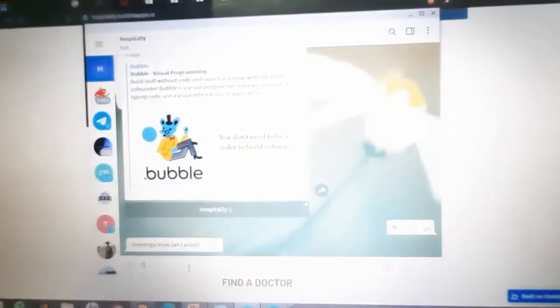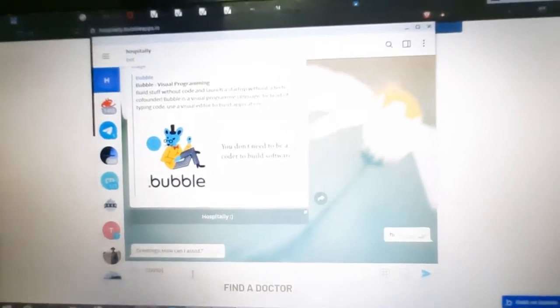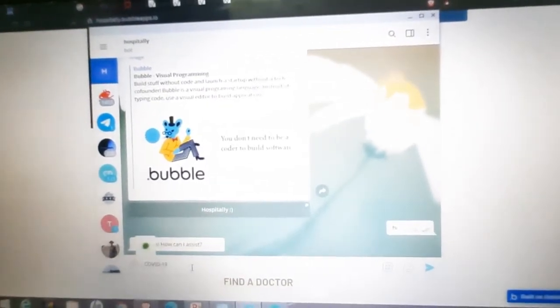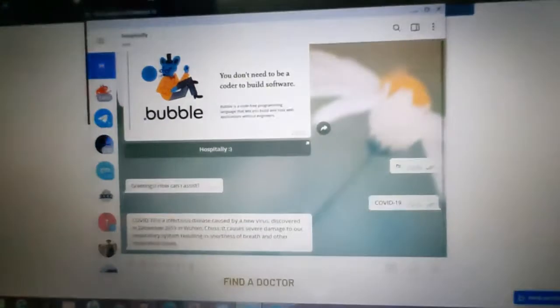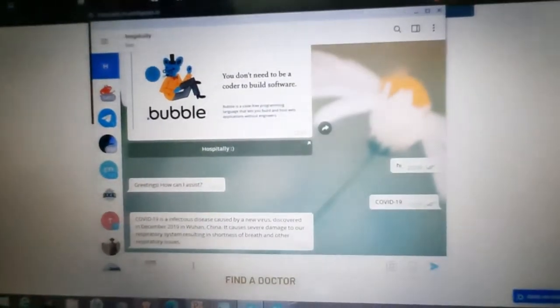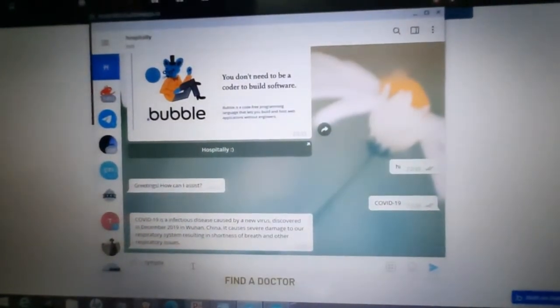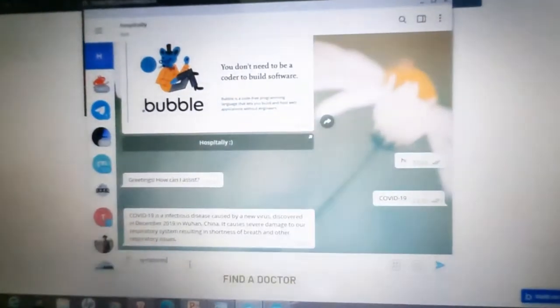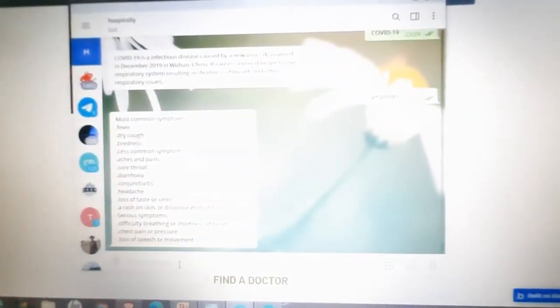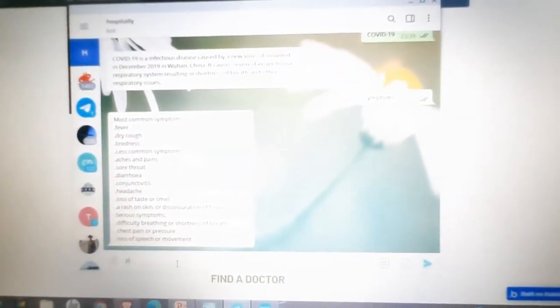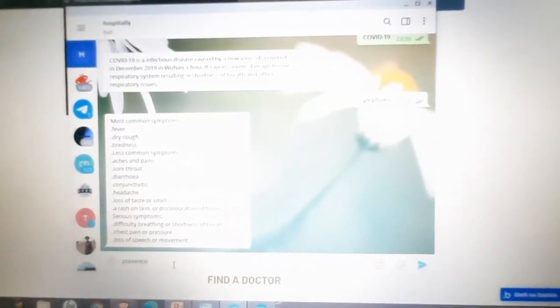If I ask something about COVID-19, it will be giving me some details. If I ask something about symptoms, it will be giving some symptoms. If I ask for some prevention,